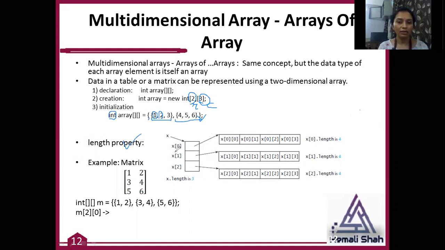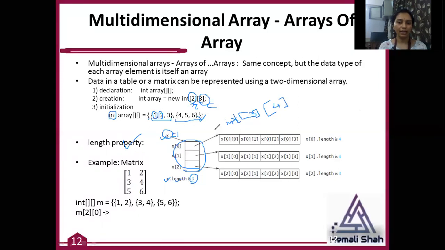If x is a variable of a two-dimensional array, at that time if you are accessing x dot length, then you will get the number of rows in this x. That means you will get 3 if you have written like this: 3 by 4.